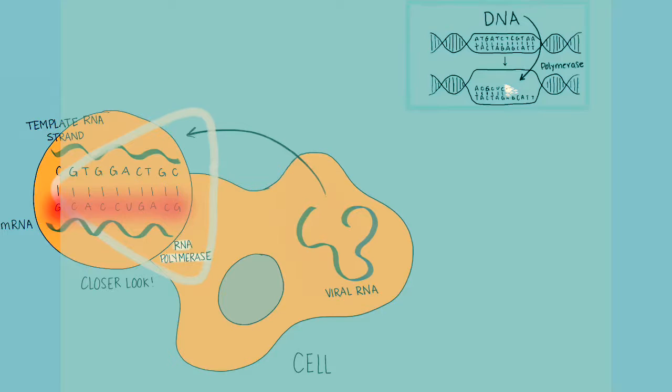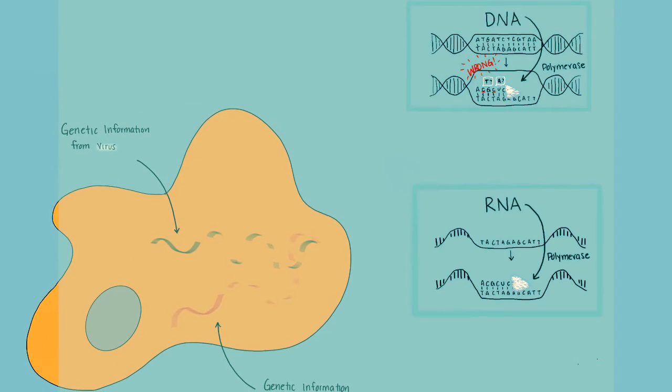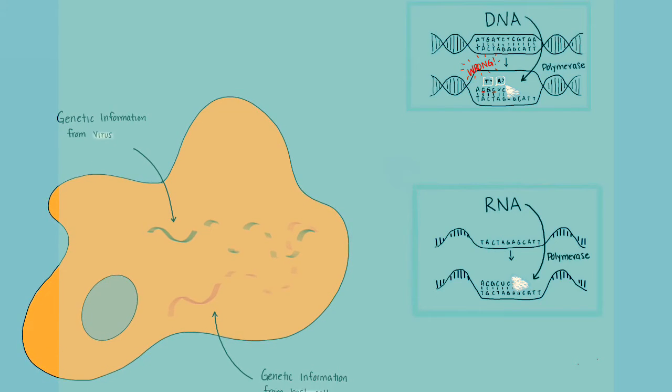The difference between DNA and RNA polymerase is that DNA polymerase proofreads the transcribed sequence and RNA polymerase does not, leading to far more errors in transcribed RNA. As viruses use the machinery of the host cell, the pieces of uncoded virus float around the cell along with pieces of the uncoded genome that were originally in the host cell.